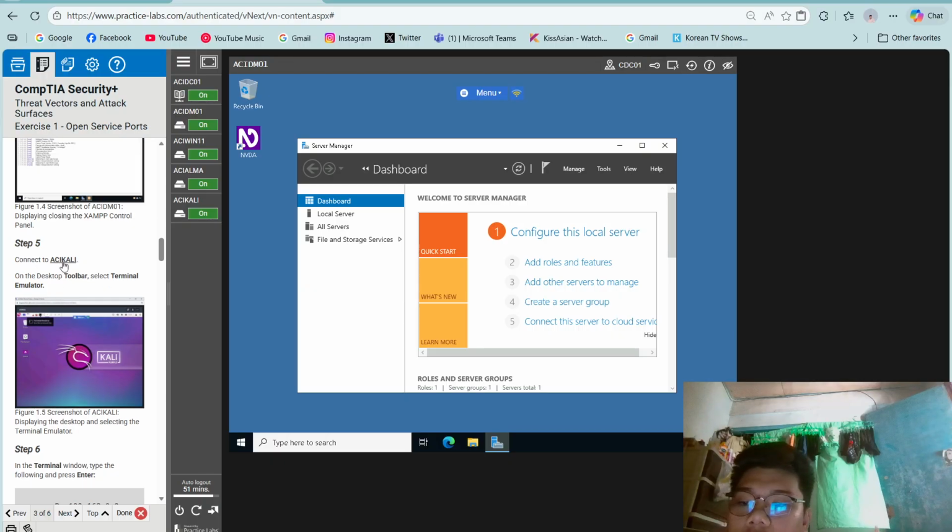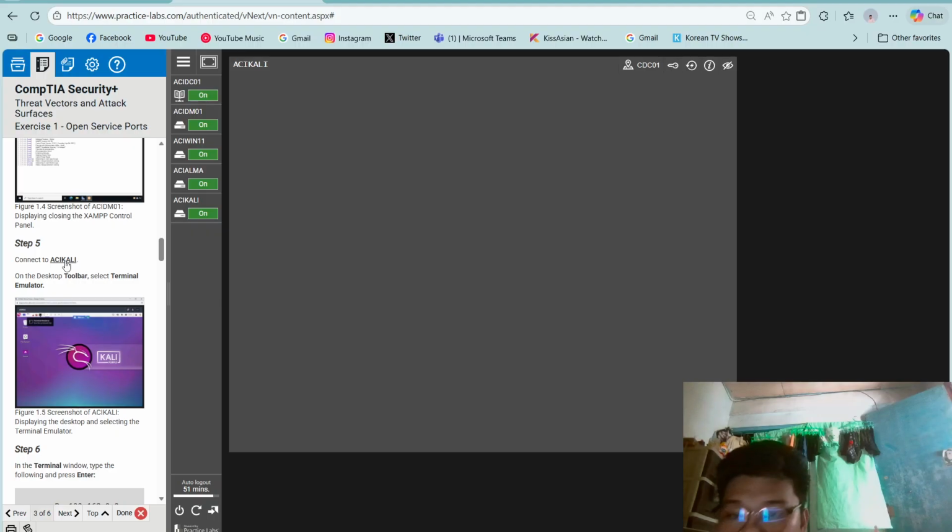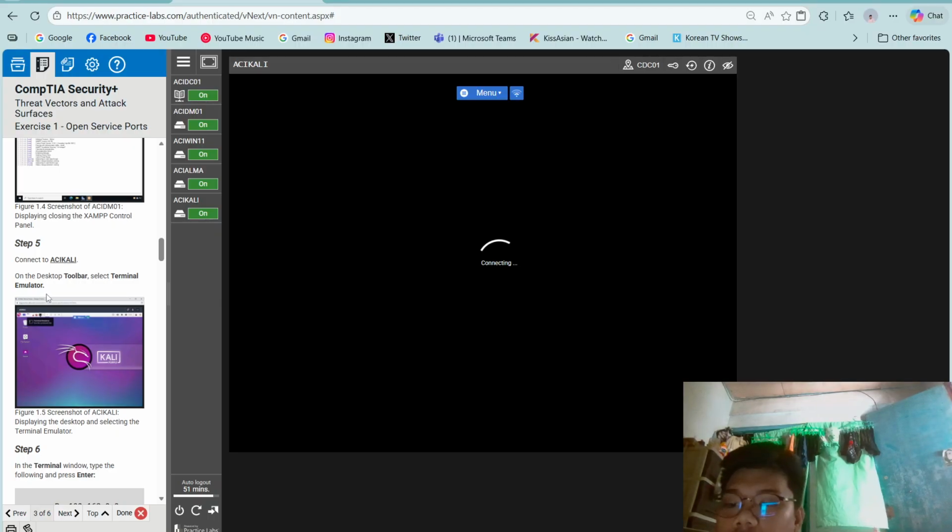Then step 5, connect to the ACI Kali device. On the desktop toolbar, select Terminal Emulator.